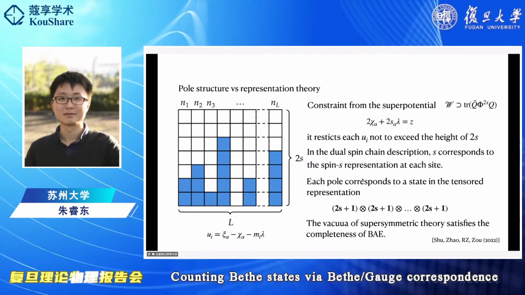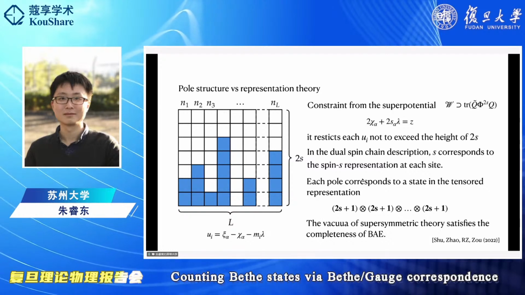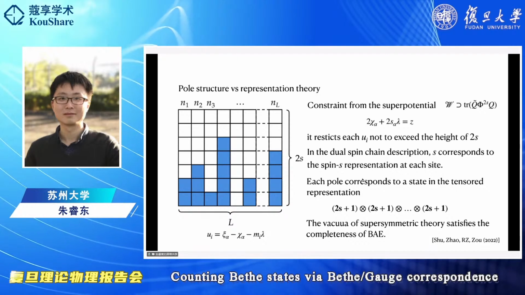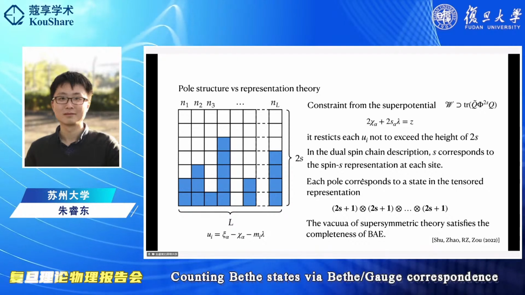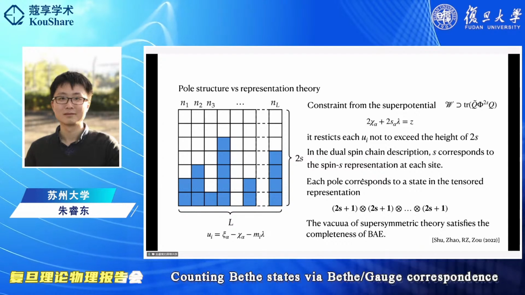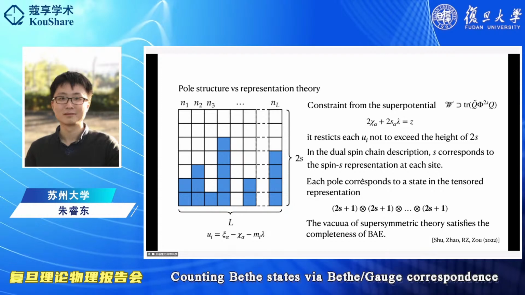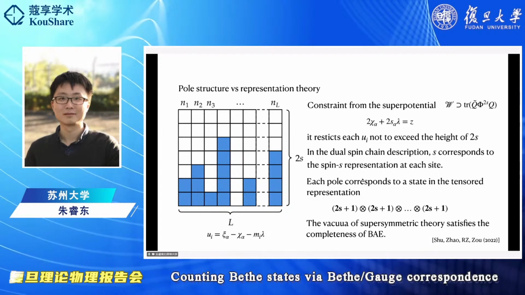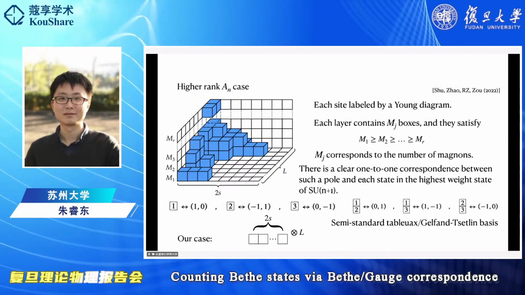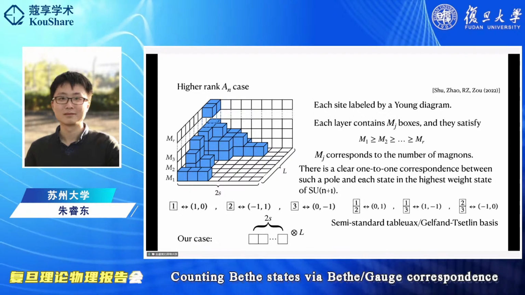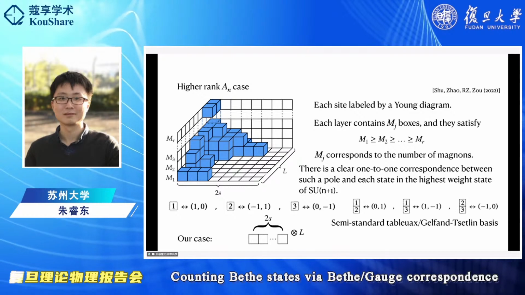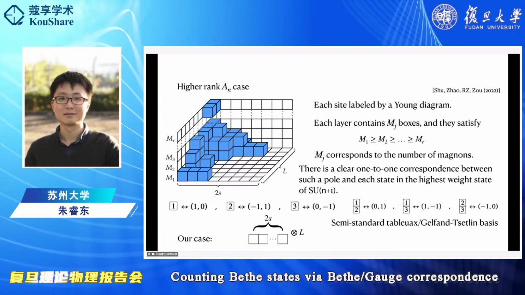This way we can really see that the number of vacua in the supersymmetric gauge theories really satisfies the desired completeness of the Bethe equation, or, they can reproduce the dimension of the Hilbert space very well. And it's also very easy to generalize this to higher rank cases with